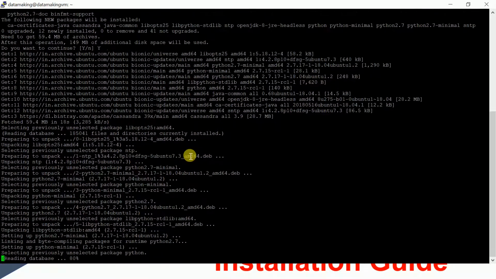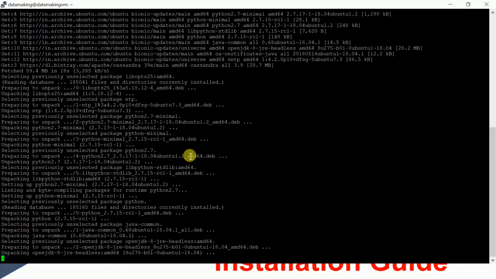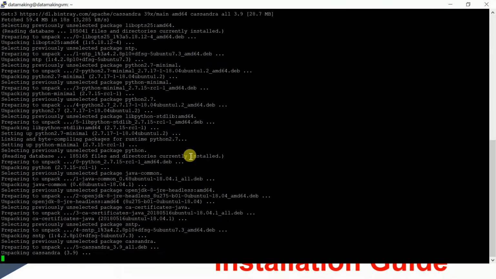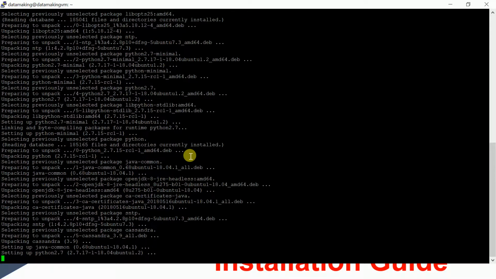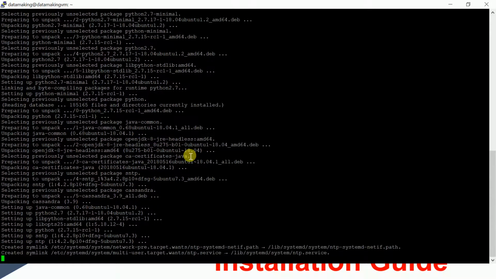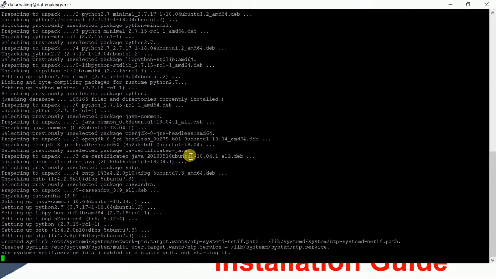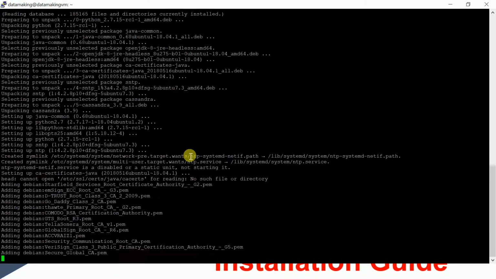It has downloaded, it is unpacking, and then it will start installing. I'm installing Cassandra version 3.9. It is creating some symbolic links.